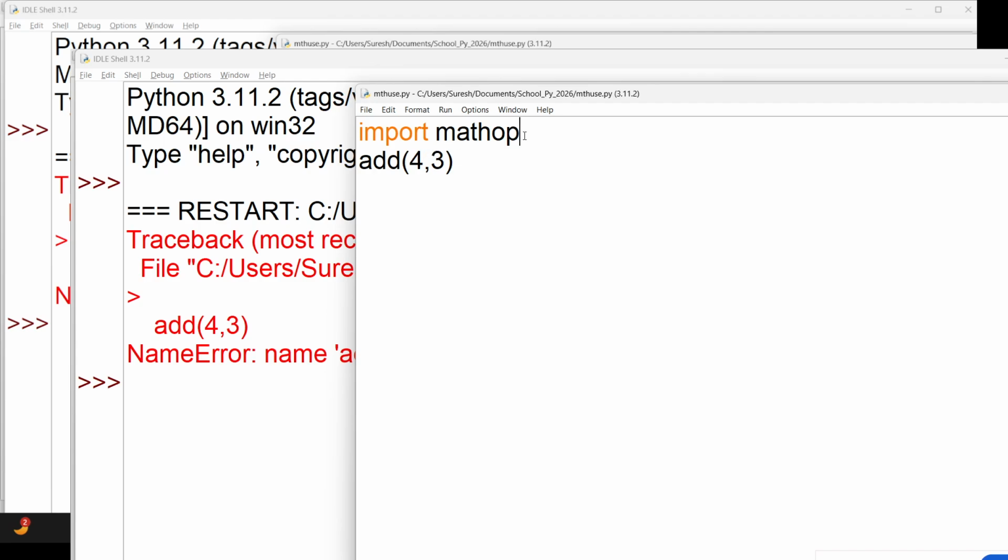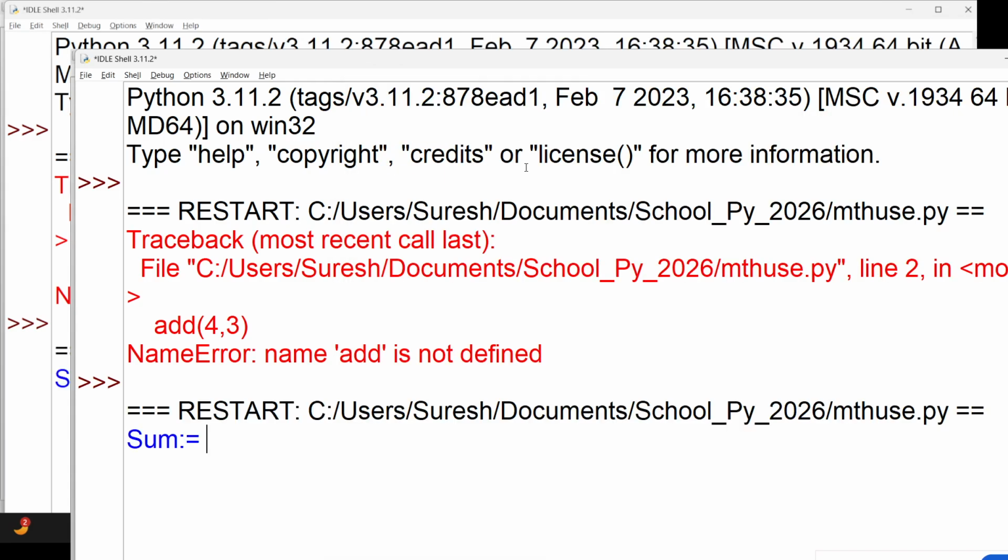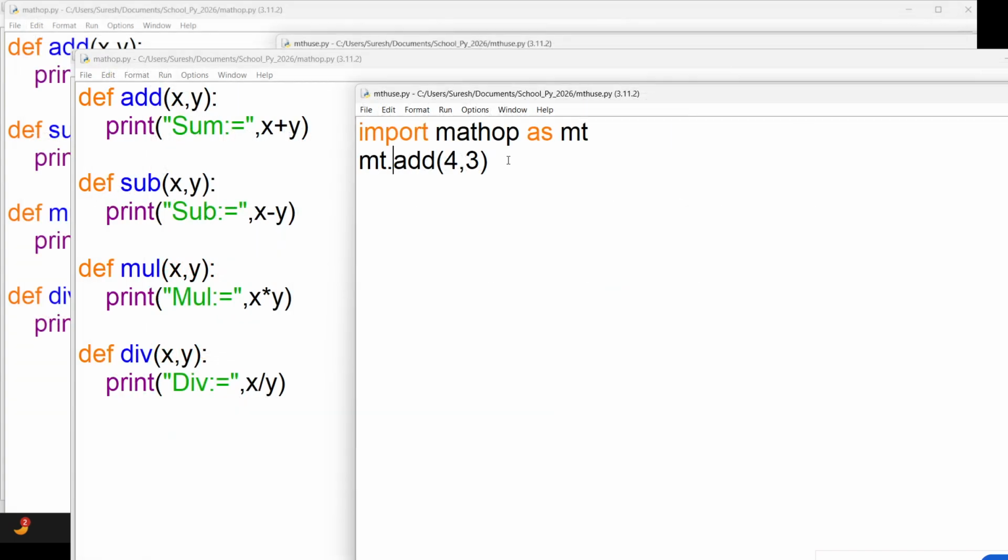While calling this function, either we can use the function names directly, or if you want to make a shortcut, you can use any shortcut name, such as mt. Now mt.add, you can see that add is there. Perfect. So this is a very important concept.